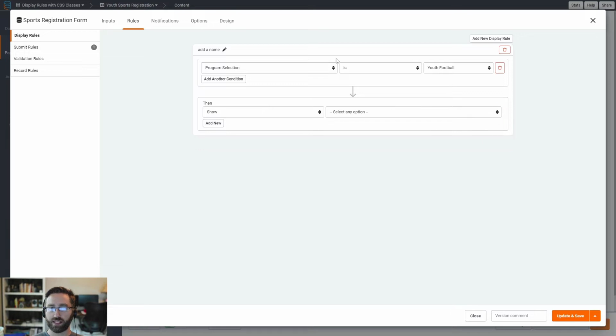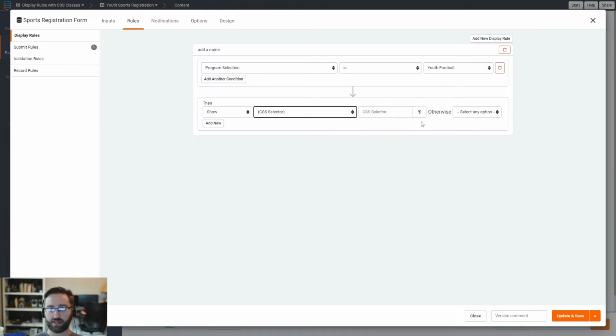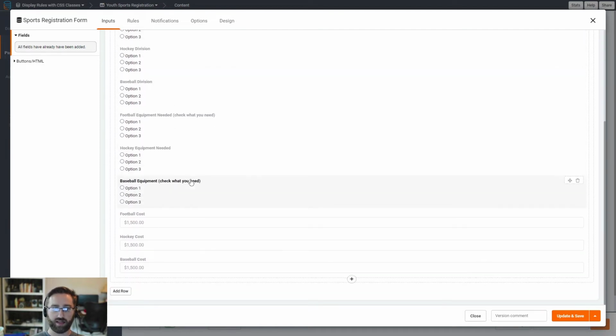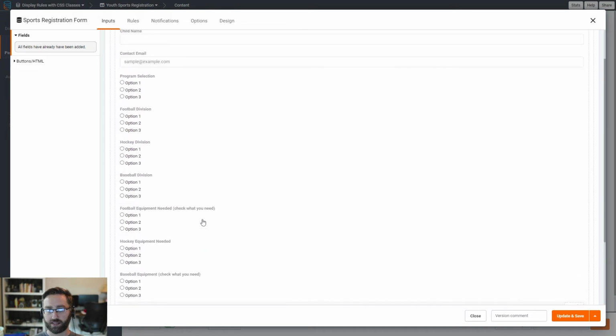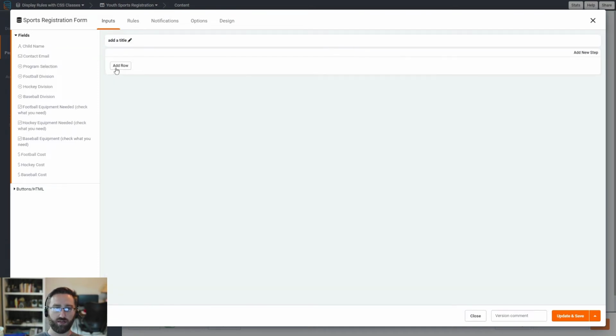We can keep the same selection. If the program selection is youth football, then what we're going to do is show a CSS selector. Otherwise, we can hide that CSS selector. The reason this helps us so much is because on the actual form builder, we can assign a row a CSS class. So what that looks like here, let's get rid of everything on the form and let's make